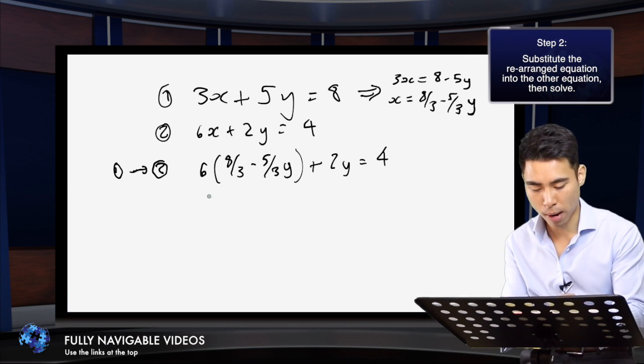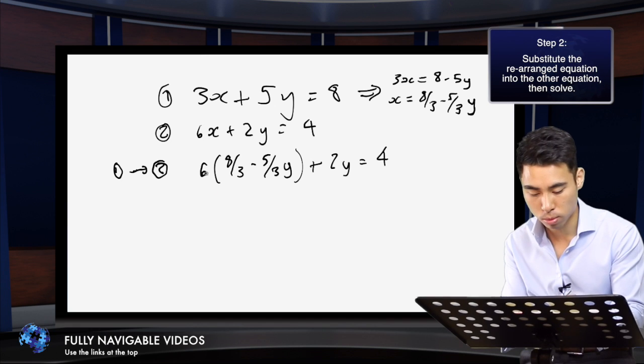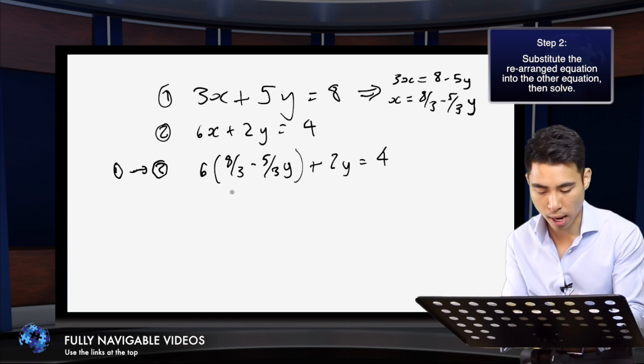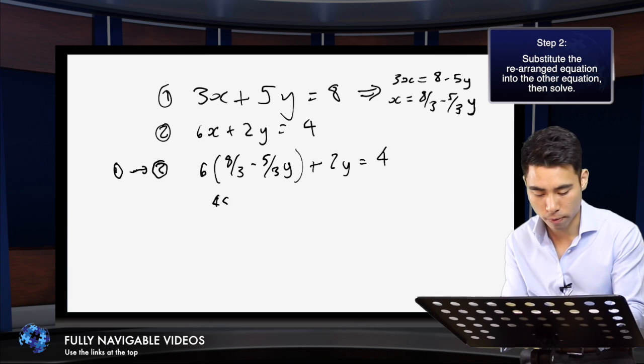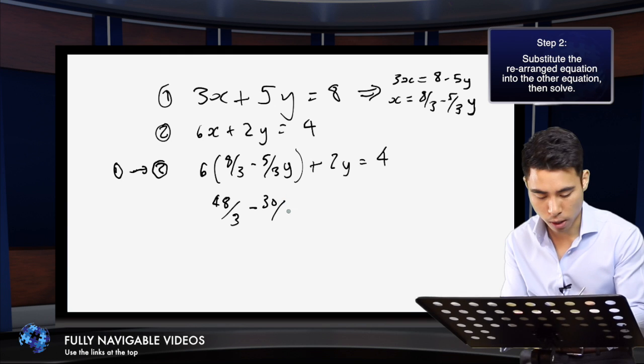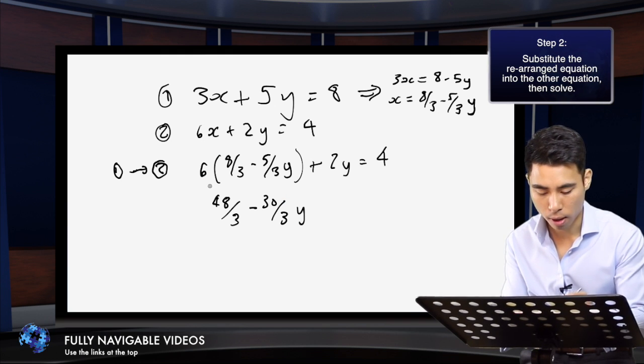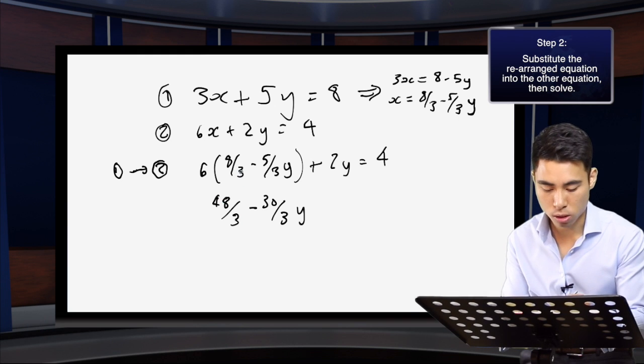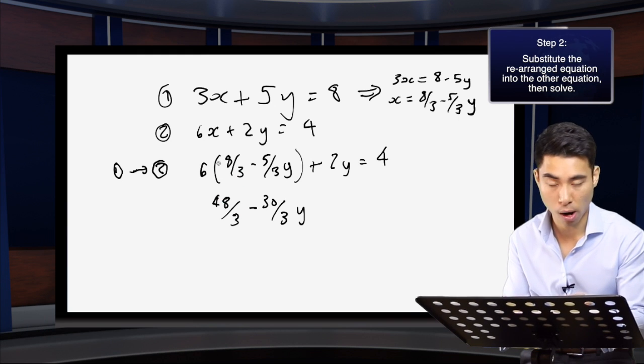So I'm going to expand my brackets to begin with, just multiplying each of these two terms by 6. So effectively I have 48 over 3 minus 30 over 3y. Just remember, when you're multiplying by a whole number, the denominator stays the same, and I'm just going to multiply this whole number by the numerator. So 6 8s gives me 48, 6 5s gives me 30, and the denominator stays the same, plus 2y